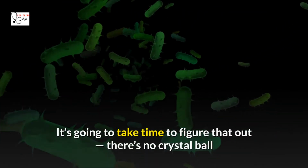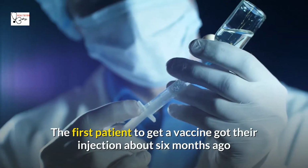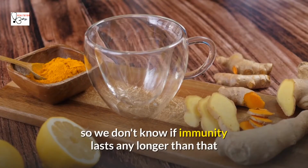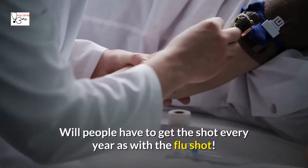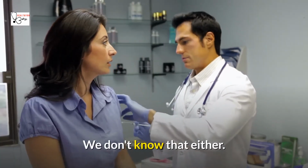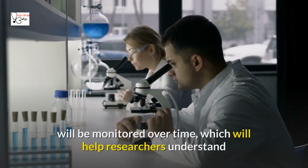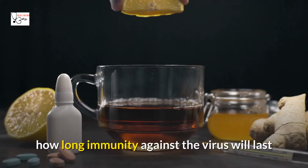It's going to take time to figure that out. There's no crystal ball. The first patient to get a vaccine got their injection about 6 months ago, so we don't know if immunity lasts any longer than that. Will people have to get the shot every year, as with the flu shot? We don't know that either. People who get a COVID-19 vaccine will be monitored over time, which will help researchers understand how long immunity against